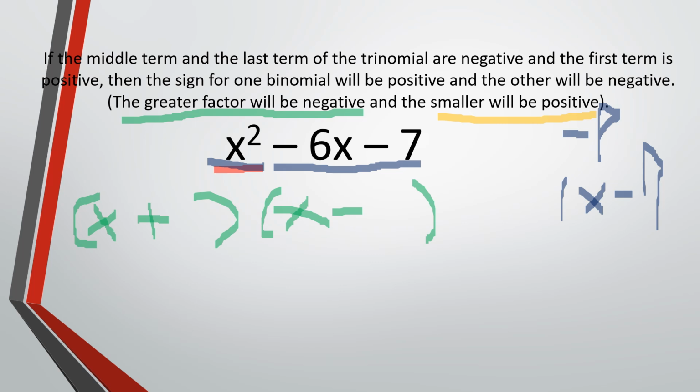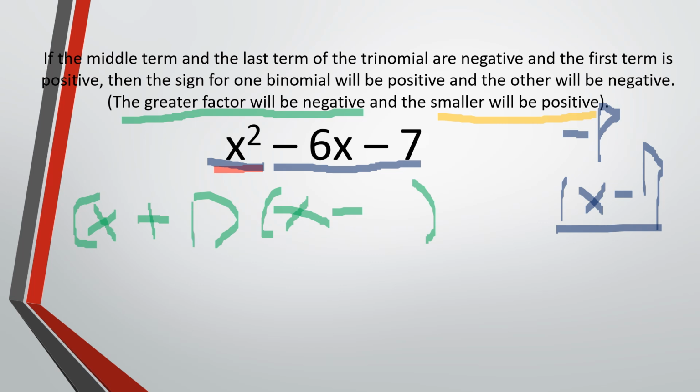So if we multiply 1 and negative 7, the answer is negative 7. And if we add these numbers, the answer is negative 6. Therefore, our factors here are